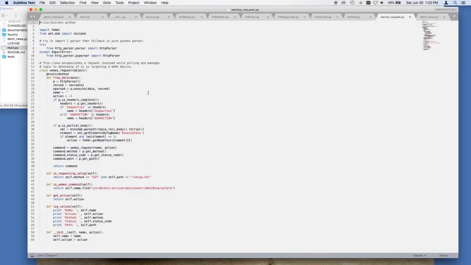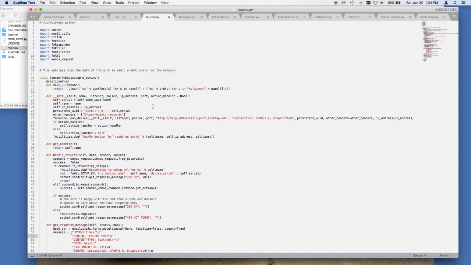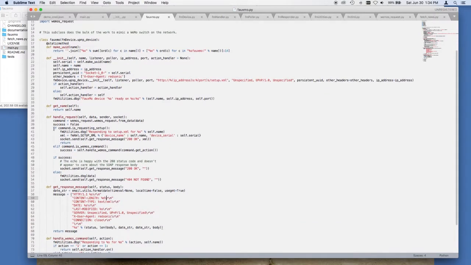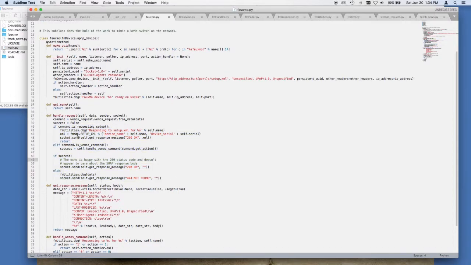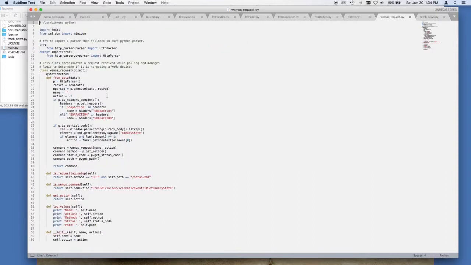WeMo request is a new class that I added, and its purpose is basically in the FOMO.py. This one is the one I refactored. Instead of having this huge function, I broke this down and shortened it up, and it uses it here. It takes the data that we get from the socket listener, and then it parses it into this WeMo request. And so you'll see here HTTP parser, and it parses it out, it checks to see